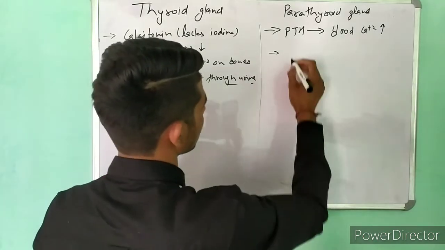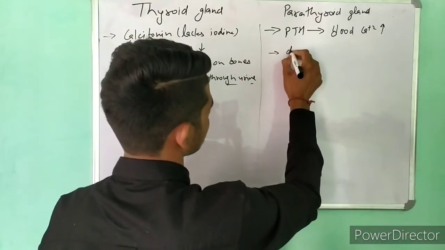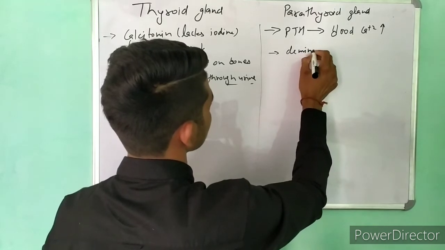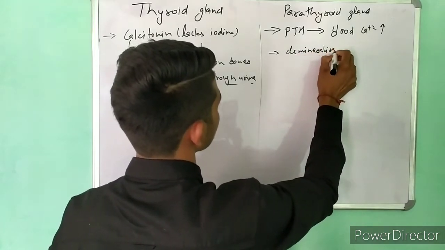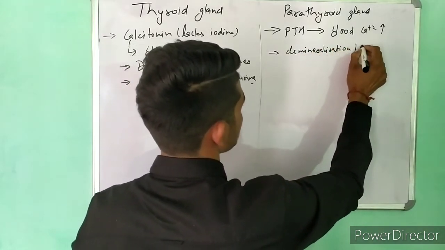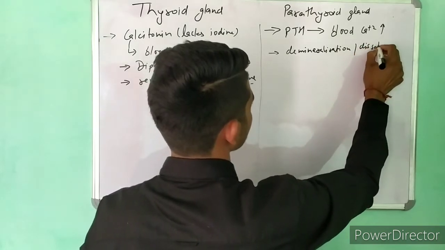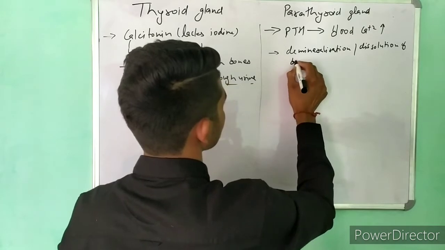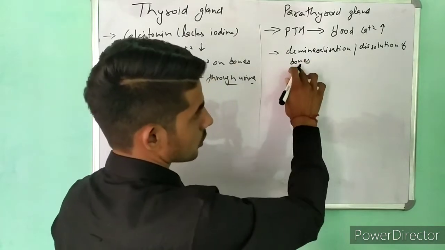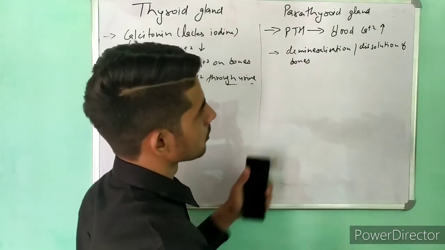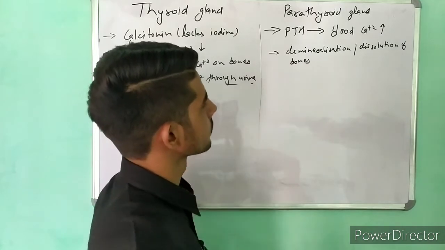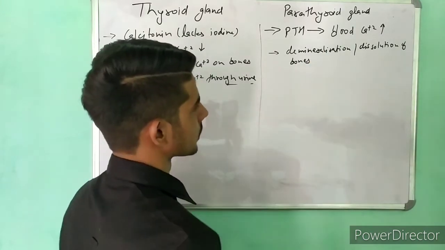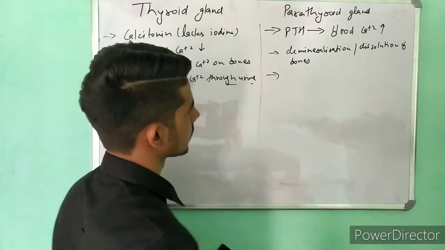First is demineralization, or dissolution of bones. This releases minerals like calcium into the blood, and the other is